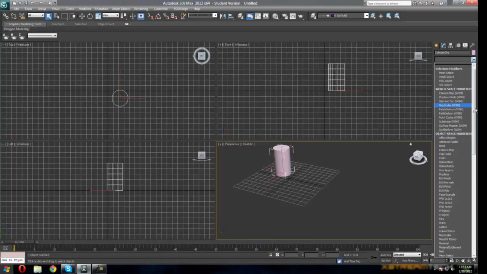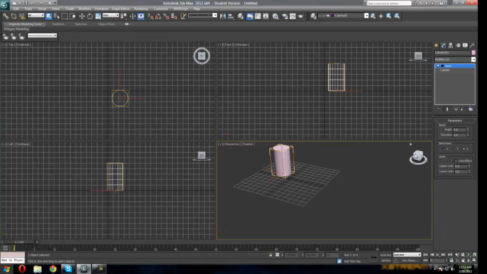If you want to find a modifier really easily, say I want to find bend, I can just go ahead and press B, and it will go to the first modifier beginning with B. Also, there are sub-modifiers: object space modifiers and world space modifiers, but just for now we're going to be working with object space modifiers. So go ahead and click bend, and as soon as you do that you'll realize there is now a